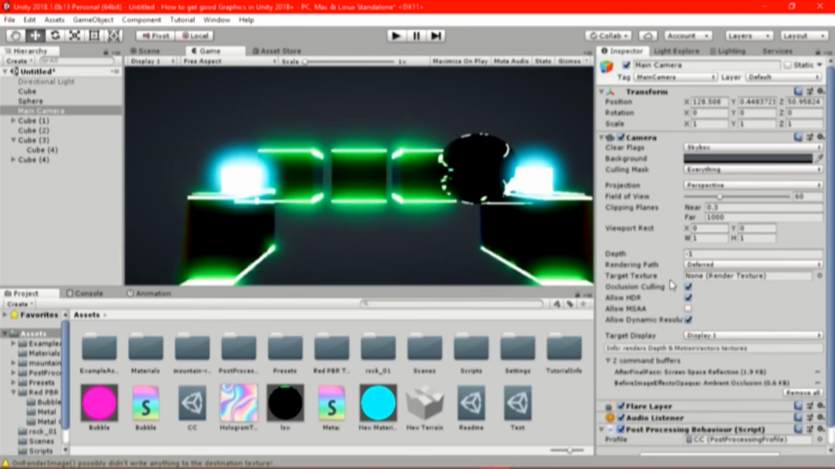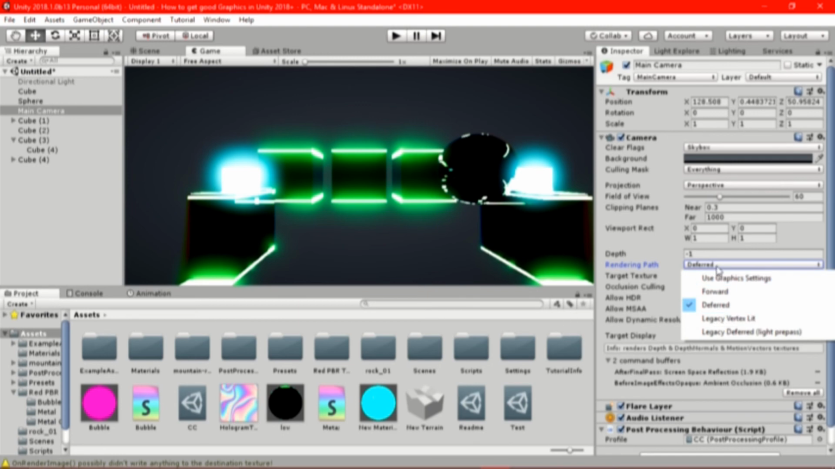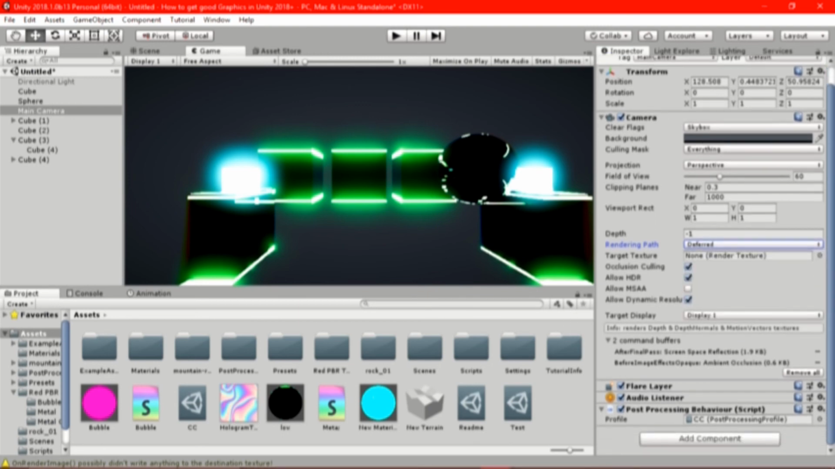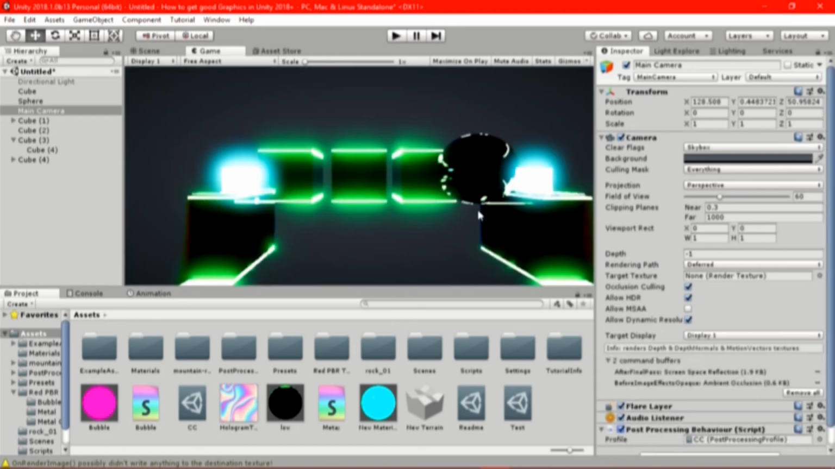Also, things to remember is that screen space reflection works only with deferred. Okay, it won't work with forward or any other, only with deferred. So here it is, without and with. So by that we have reached the end of our video, hopefully, and